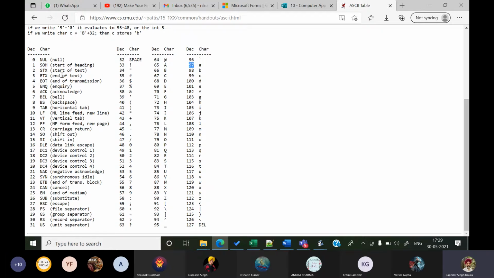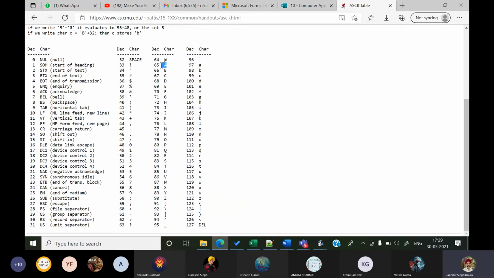Guys, apart from these, you should also know that when you press the enter key, it actually stores a 13 there. When you press the escape key, it stores a 27 there. When you press the space, it stores a 32 there. Now these numbers you should not be bothered about much.